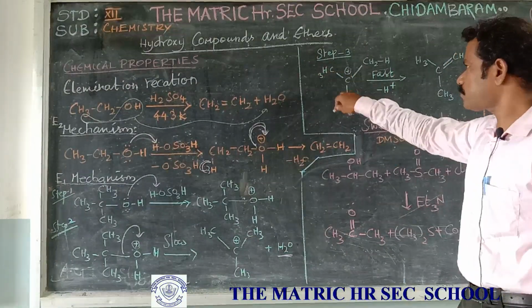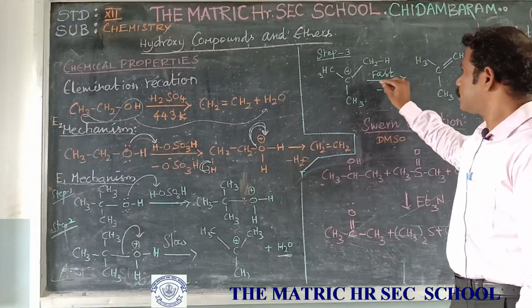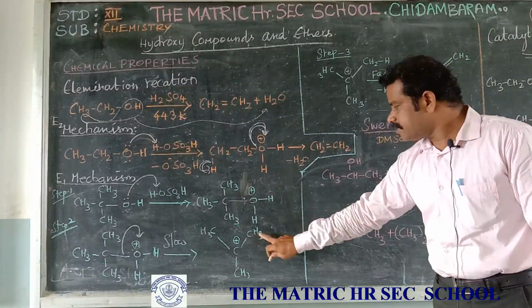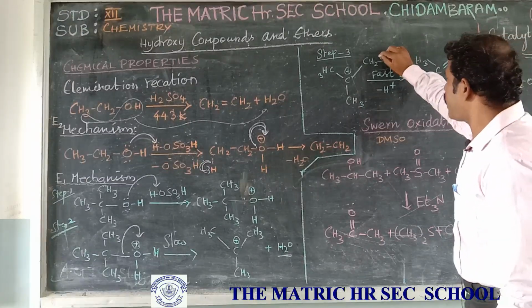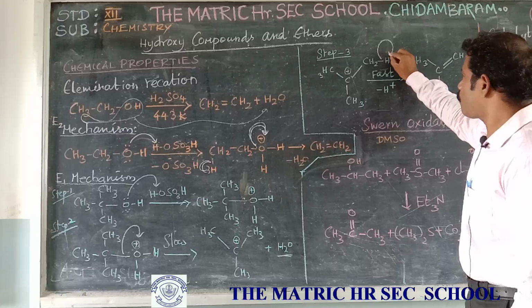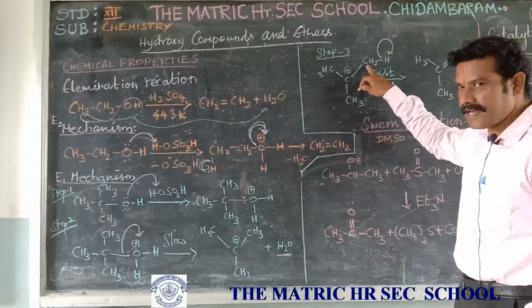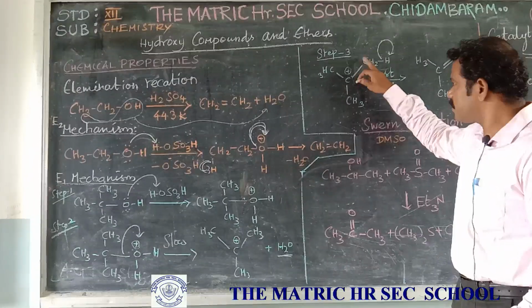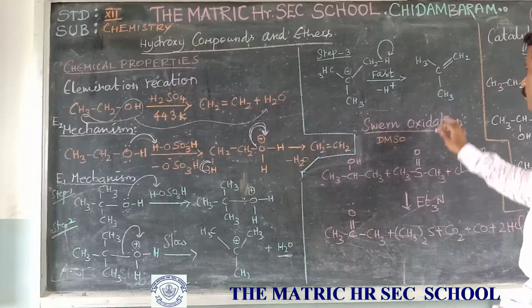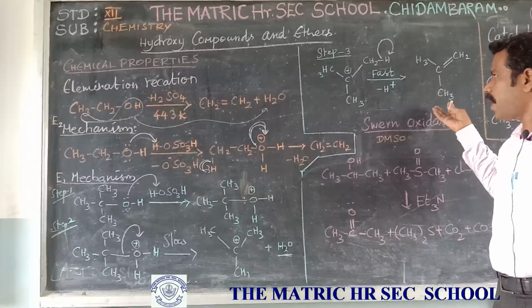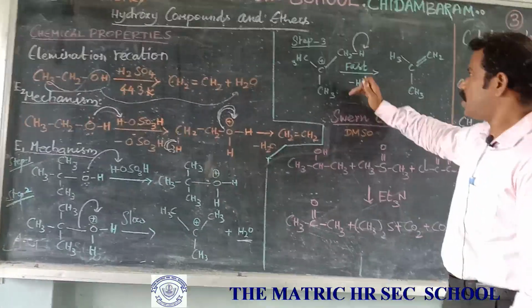Next, step 3. I will take the carbonium ion. This is the first step. In this step, CH3 CH2, write it as CH2 single bond H. The hydrogen accepts the protons, H plus, so H plus goes out. So the carbon is getting negative ions, so the negative and positive are added, and you will get one more bond, that is the double bond. So it is the olefin, the isobutylene. Already you have seen the SN1 mechanism, the same compound you will see. This is the first step.